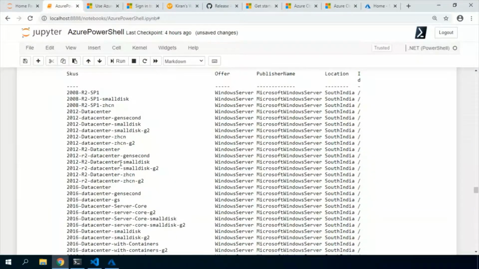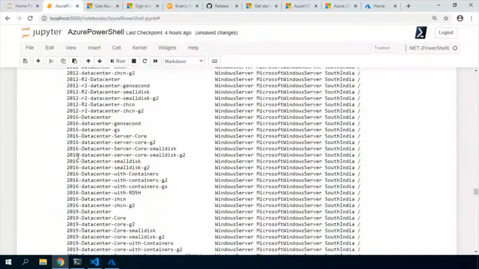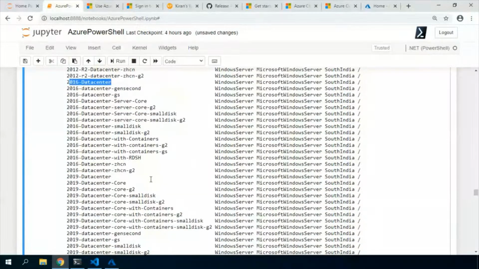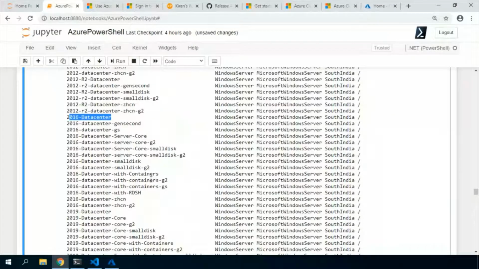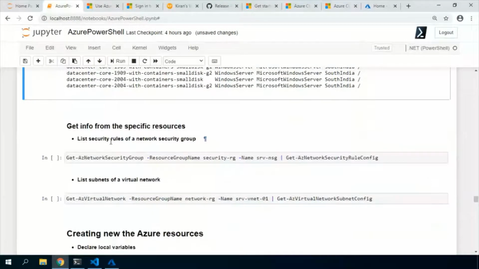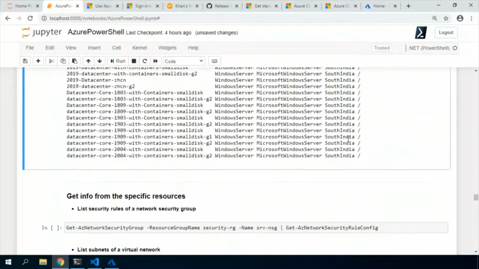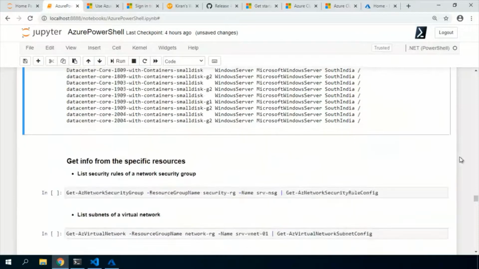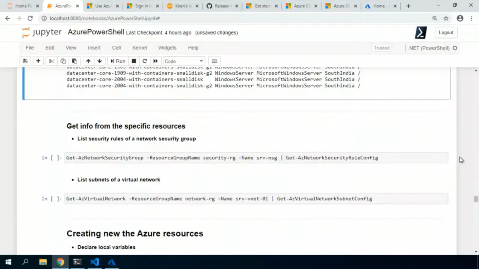Like I want to use 2019 Datacenter Windows Server, or 2016 Datacenter Windows Server. You can pick that one and use it with your VM creation. So with that, we gathered the required information to create a VM.